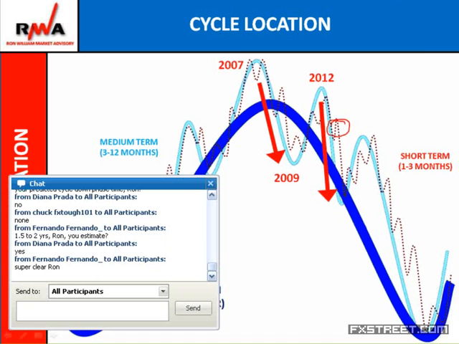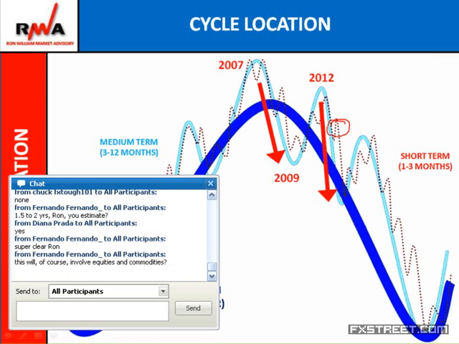Of course, keep in mind that during that bear phase, during the next year or two, there are likely to be small windows of buying opportunity. So it's not just a straight line move. As we all know, markets do zigzag in different directions. But generally, the overall cycle, that big fat blue line, the long-term cycle, will be down. But keep in mind, of course, there will be a short-term cycle moving up and down and a medium-term cycle, which will probably be more on the downside, but maybe also create some opportunities during that time.